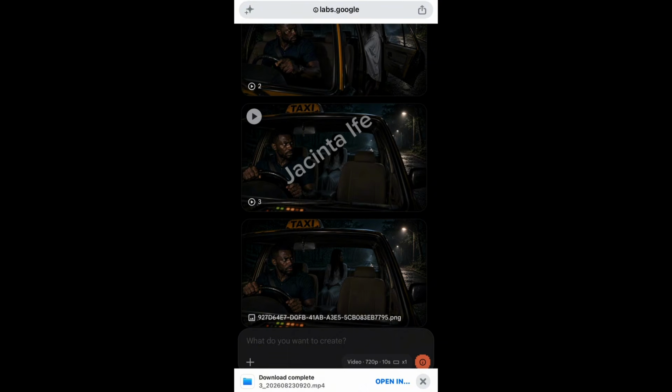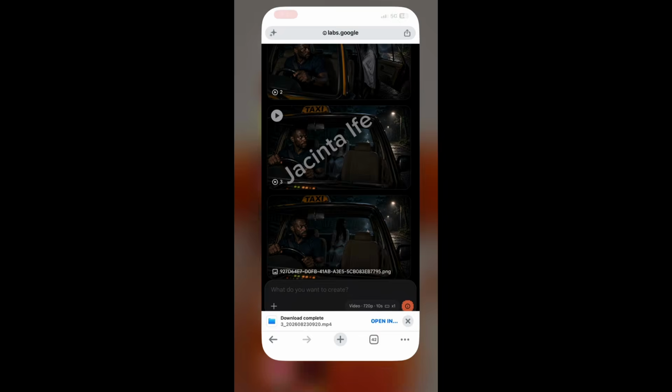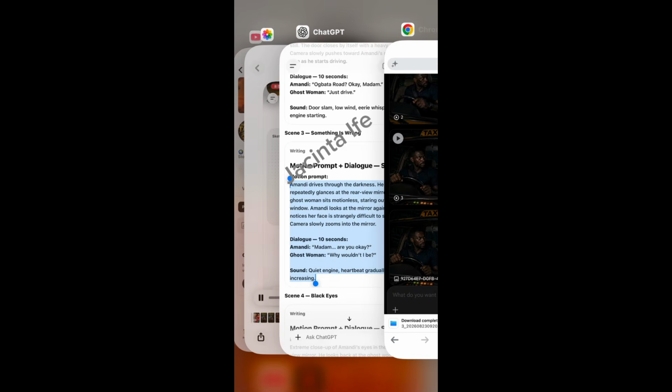So the next step now is to use CapCut to edit the video. So let's go down there. So let's dive into CapCut, or you can actually use InShot. Whatever app is convenient and you can properly use, you can just use it. So here is our CapCut.